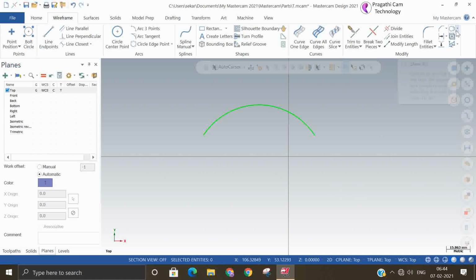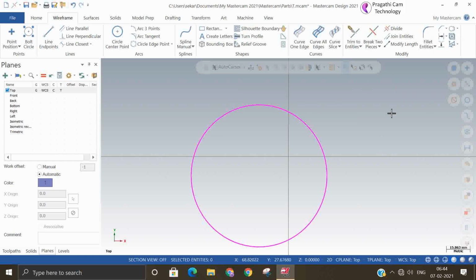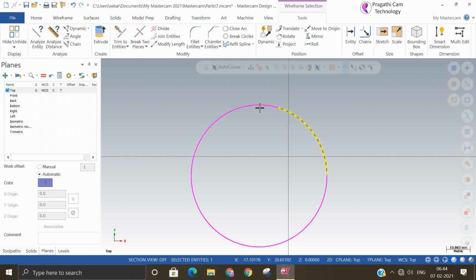So for example, I made one small arc here. I just selected close arc. You can see that it is completely closed. The next option is to break the arc. Select that arc. How many entities do you want to break into? 5 entities. You can see 3, 4, 5 entities.